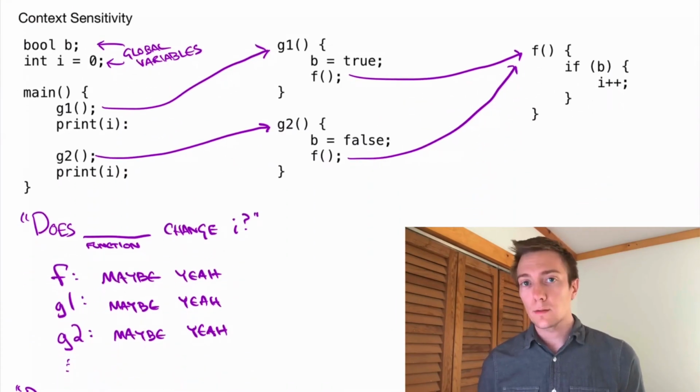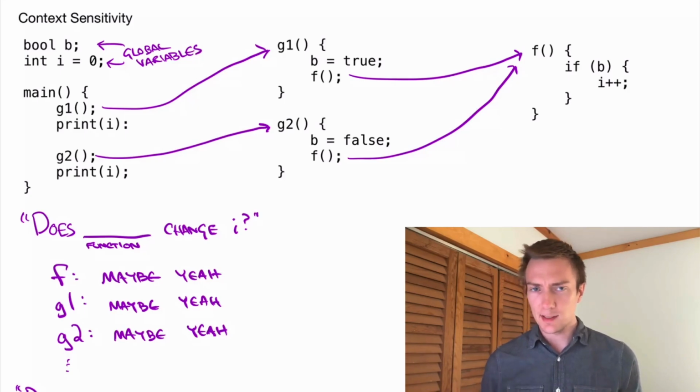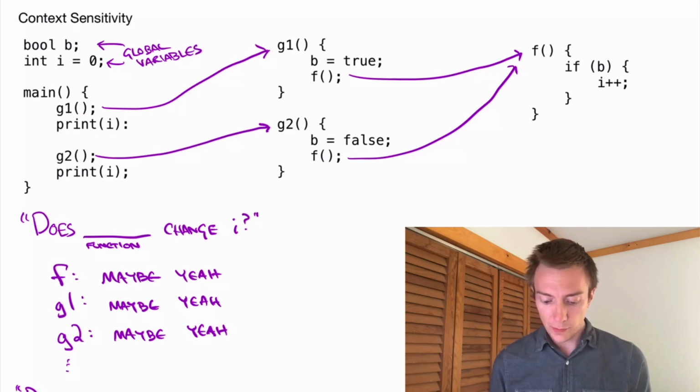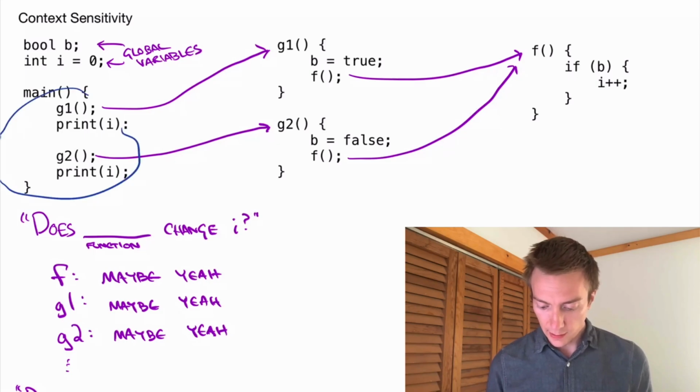context sensitivity. Roughly speaking, context sensitivity is about using contextual information to disambiguate different cases of executing the same code. To illustrate this point, I'm going to show you this somewhat nasty program that uses mutable global state. Please forgive me, it's a very contrived example, but I'm trying to demonstrate the possibility of eliminating dead code in this program. So to give you a brief overview, we've got this main function that calls G1 and G2, and